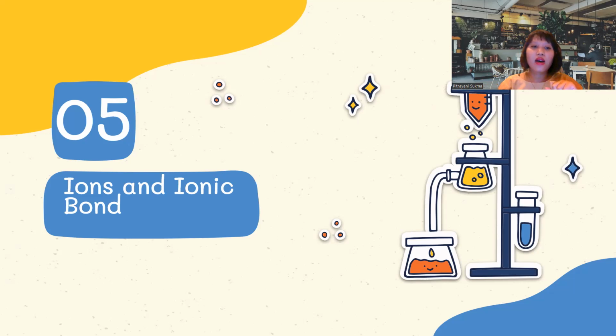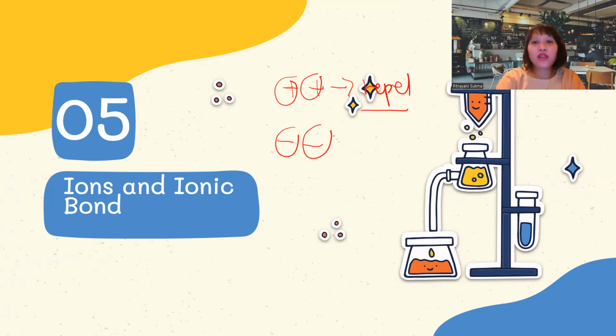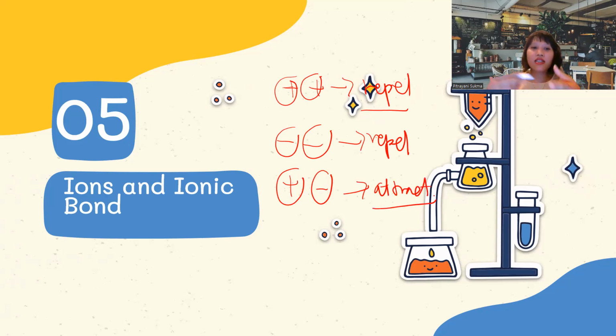Because as you remember from physics, about magnetism maybe and electrostatic forces, if two things have a similar charge, like positive and positive, they will repel each other. And when they are negative and negative, they also repel each other. But if two substances contain different charges, like positive and negative, they will attract each other. So this is the definition of ionic bonding, which is the bond formed between ions that have different charges, positive and negative.